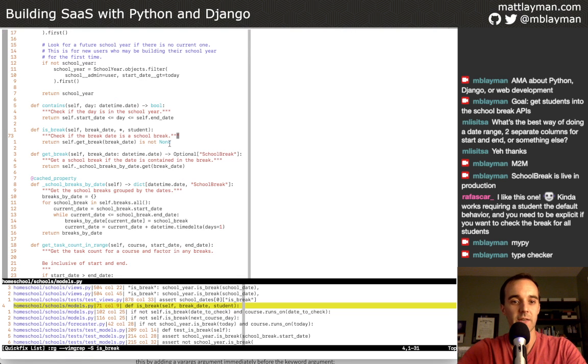So if I change the method signature so that it includes the type information, then MyPy can do the checking. It checks any call that uses isBreak, and it's looking: is none ever passed in? Or maybe better stated, does the code in here handle the case where something is none? That's a good sanity check to catch you from those NoneType exceptions.